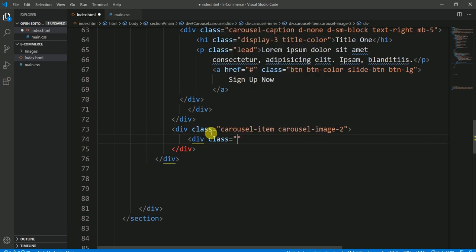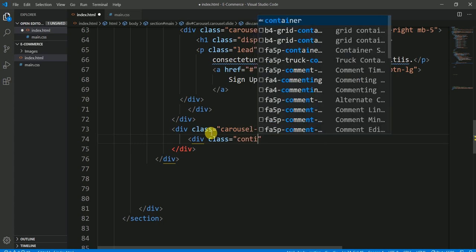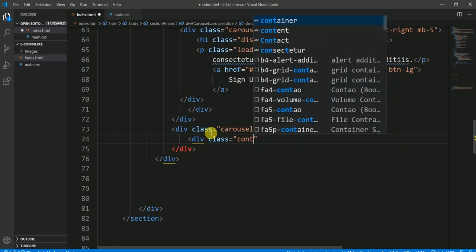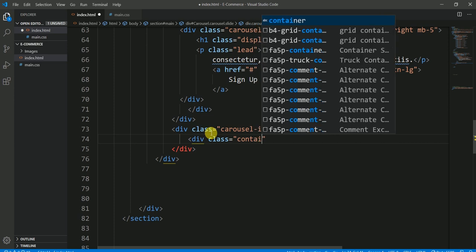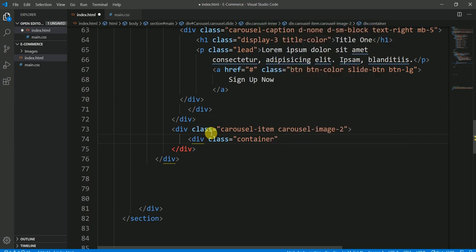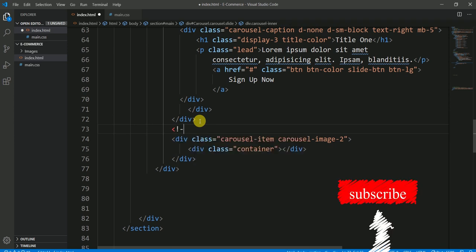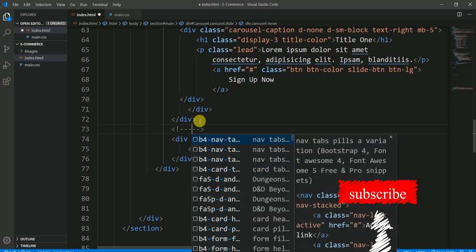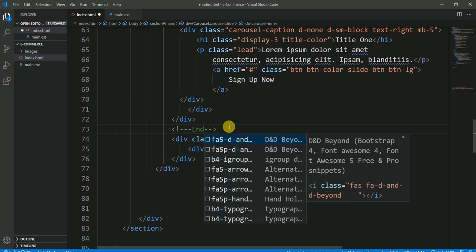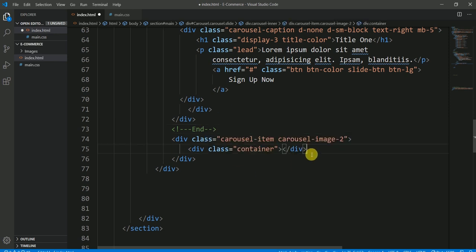Div class container, container class. Just a minute, I just want to keep it separate. So for this, let's say end of the first one. Okay, and after this container class,